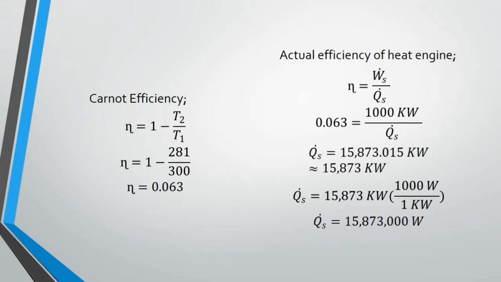And next is the actual efficiency of the heat engine. Since we have the value of n, which is 0.063, we plug it into the formula n equals work done over the heat supplied. So plug in the values and then we get